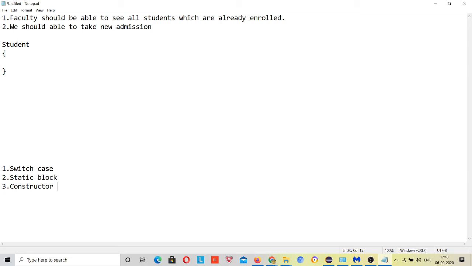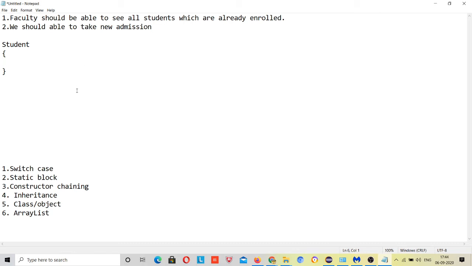So constructor chaining, and here you will revise inheritance, class object, and array list. So these concepts are going to be used in this mini project.